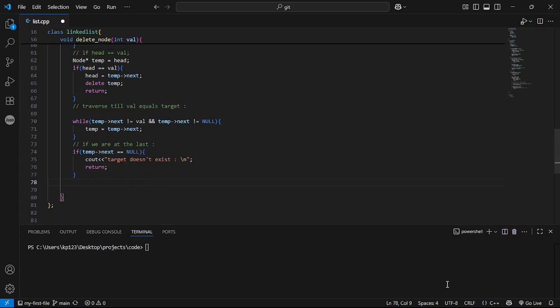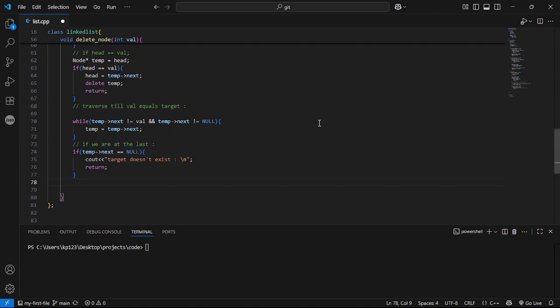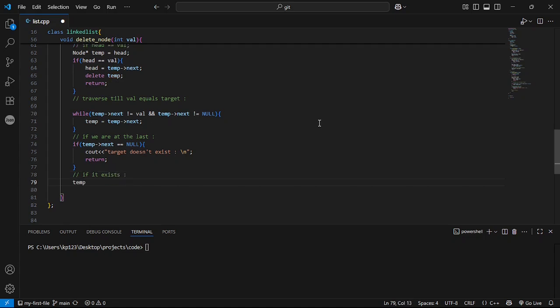But if the target exists, like 3 exists, then temp's next will be storing temp's next's next.